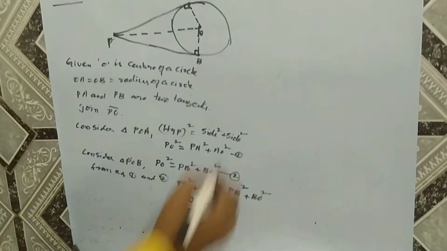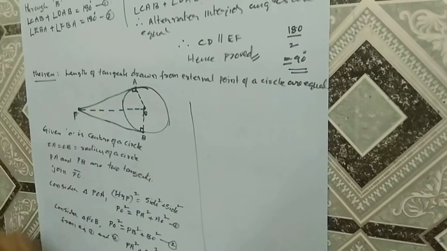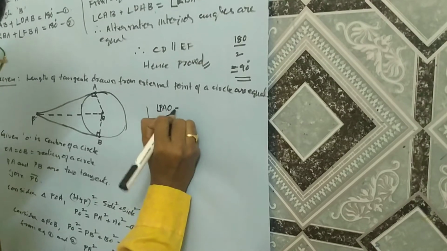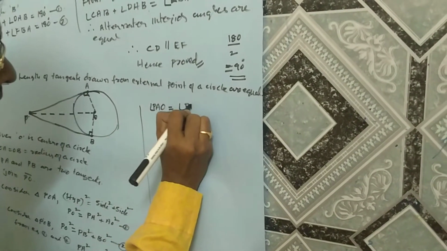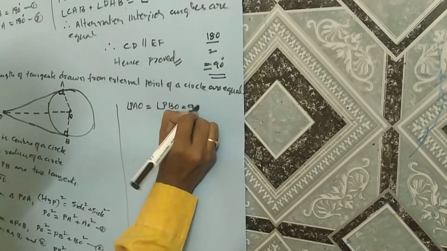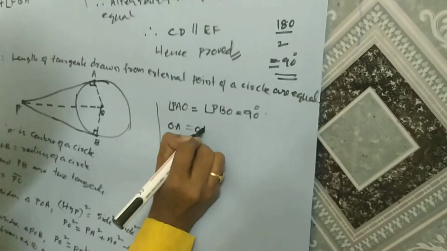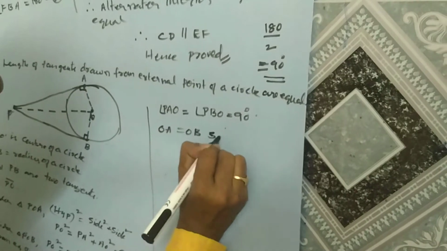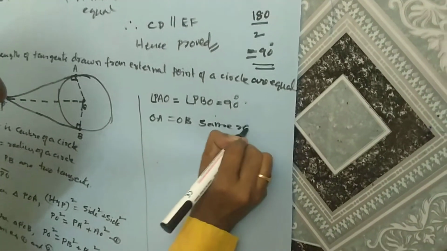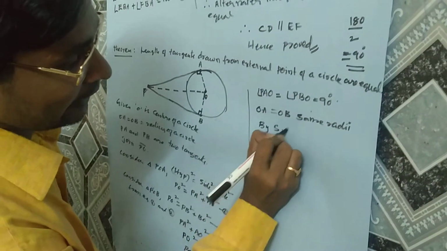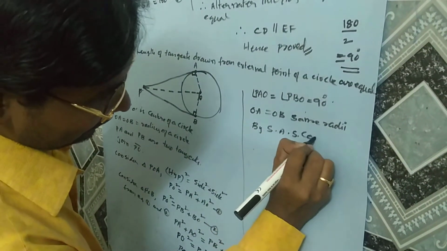It is a common side. In the right-angled triangles, angle PAO equals angle PBO equals 90 degrees. OA equals OB, that is the same radius. By SAS congruency,